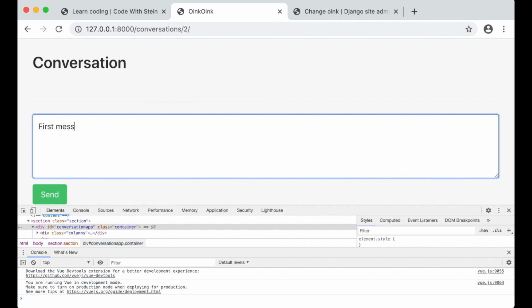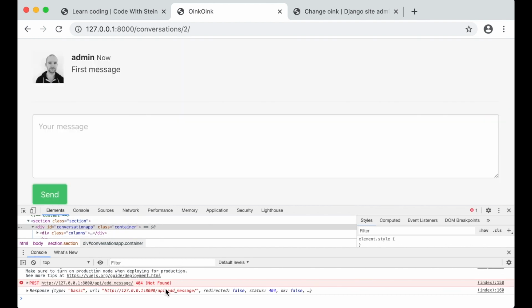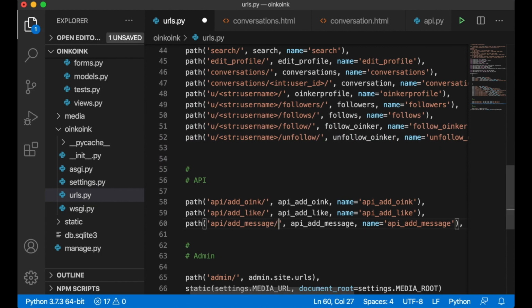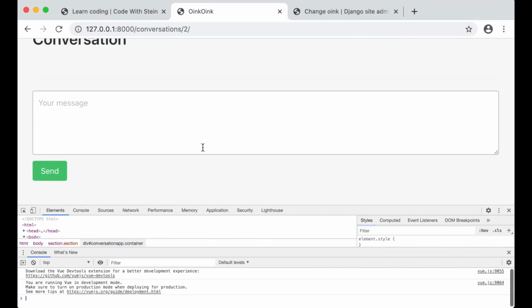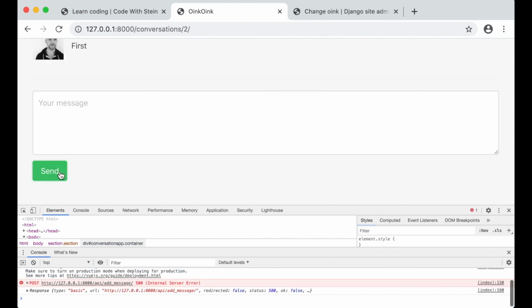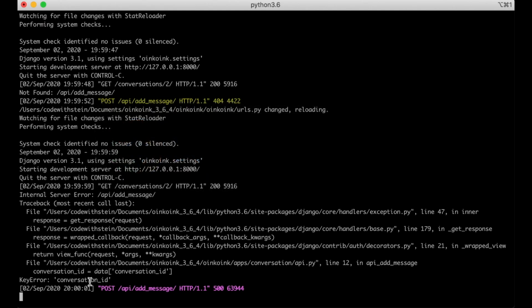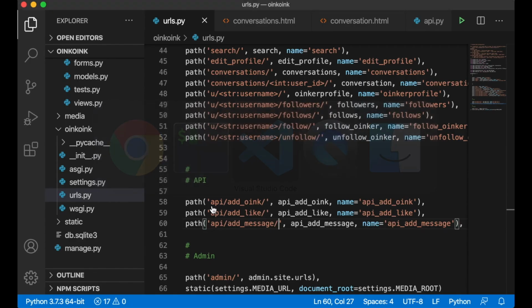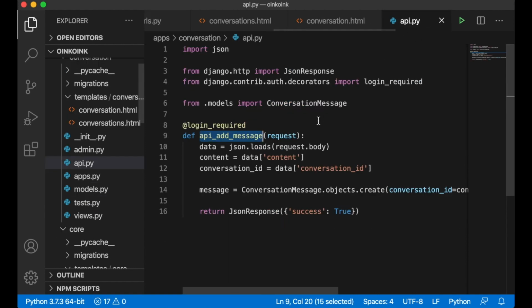First message, send. Okay, I got an error. Sorry, I forgot to add the slash there. Okay, try again. First. Okay, now I got the 500 error because I forgot to add the conversation ID in the API. It should be added